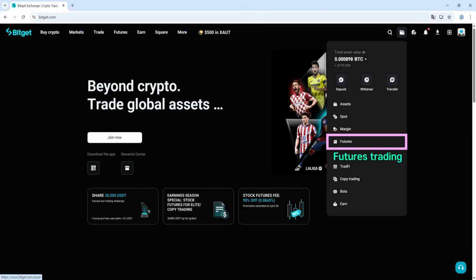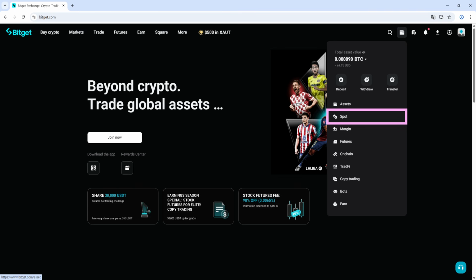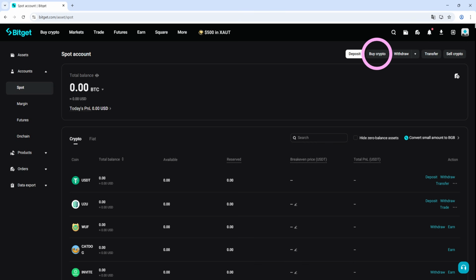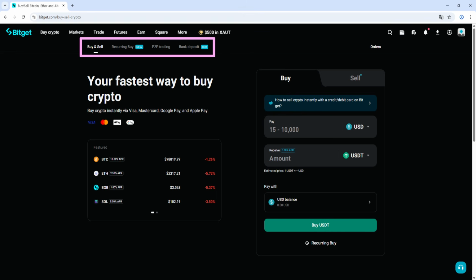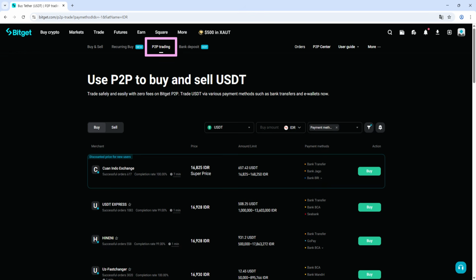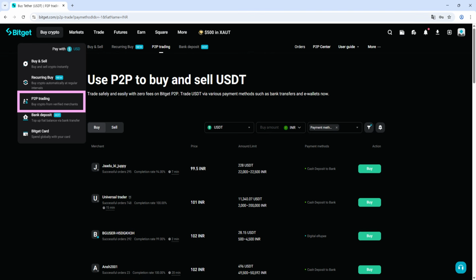Whereas the futures wallet is designated for futures trading. To start the deposit process, click on Spot. Next, select the Buy Crypto button positioned in the upper right corner. You will now be presented with multiple methods for purchasing coins. Choose peer-to-peer trading. Alternatively, by hovering over the Buy Crypto button in the top left area, you can access the